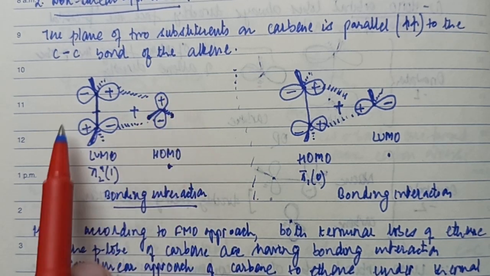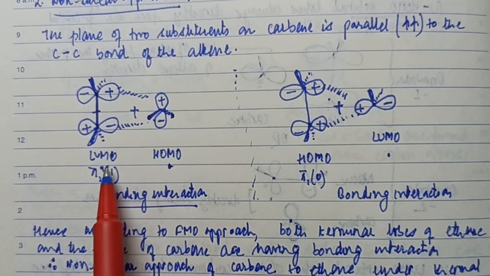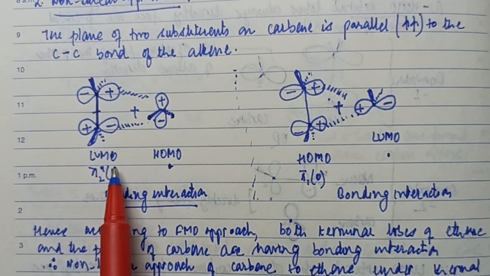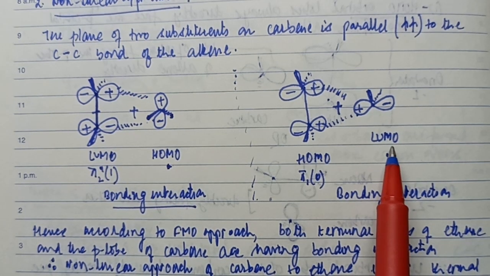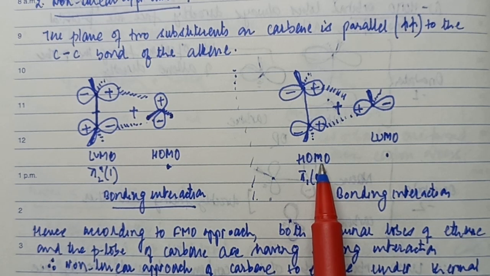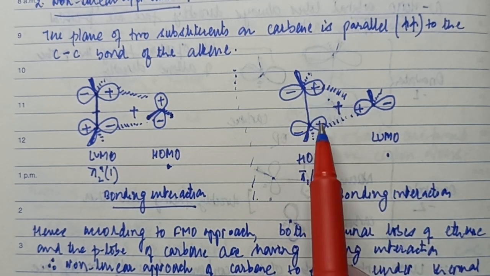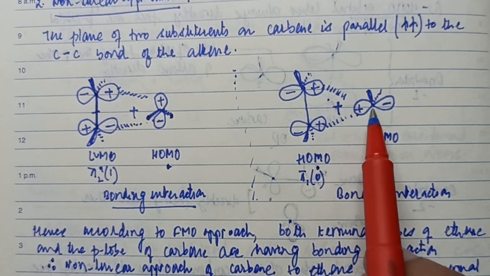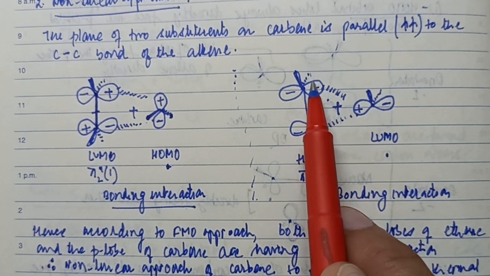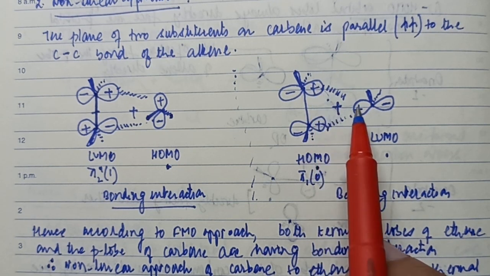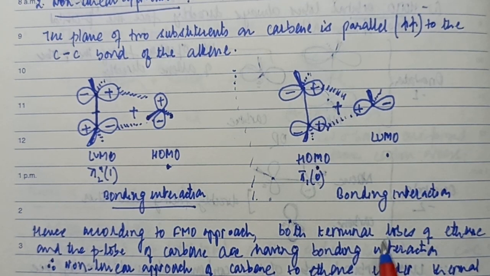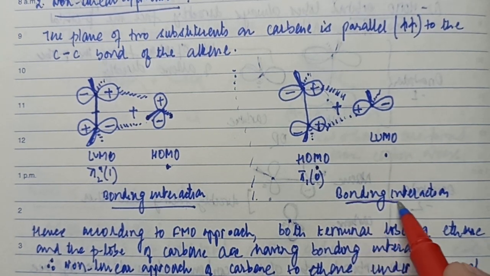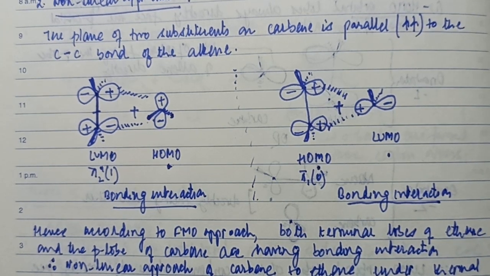And whatever is the result while considering the HOMO of the carbene and LUMO of the alkene, the same result we'll get while considering the LUMO of the carbene and the HOMO of the alkene. Let's check it out. This is plus while drawing the HOMO of the carbene. While drawing LUMO, I have to draw it in this fashion so as to face the p lobes of the alkene. See, positive interacts with positive, positive interacts with positive. That means there are bonding interactions. If there are bonding interactions, this process is allowed.